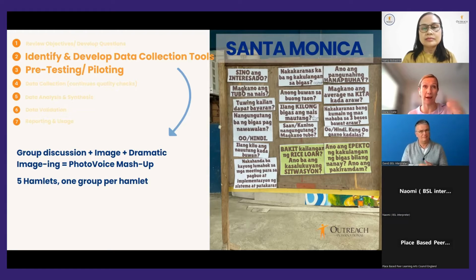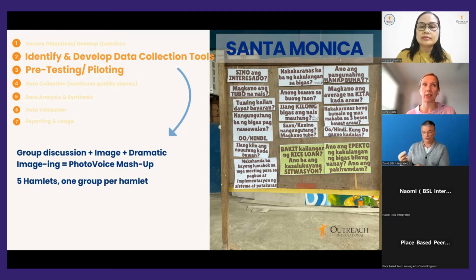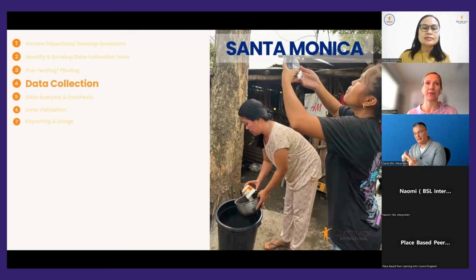Santa Monica has 5 hamlets. So the groups and Agnes and the leaders decided for data collection purposes that they would divide the process into the different hamlets. And within these hamlets is where data collection would take place. They assigned a team leader and additionally 2 more leaders to each of these hamlets who would be in charge of data collection. And then they went home after the meeting and data collection officially started.